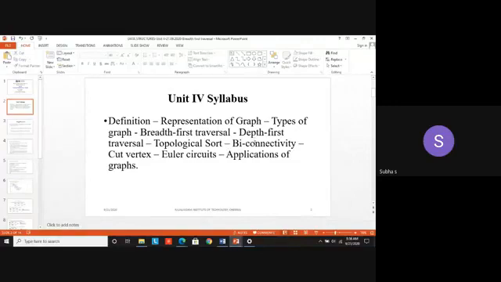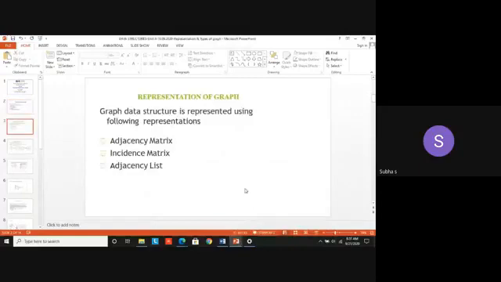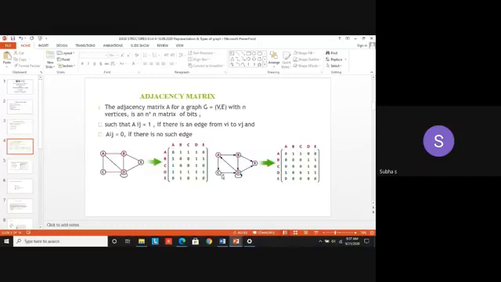So applications of graph, we are touching this topic then and there when we are mentioning the concepts. We have covered the terminologies, types of graph, and then representation. In the representation of graph, how many types do we have? We have three representations used for representing the graph. First one is adjacency matrix, adjacency list, and the third one is the incidence matrix. Got it? In the Friday class, we saw two representations with example. What is adjacency matrix and what is adjacency list? Hope you remember all these things.